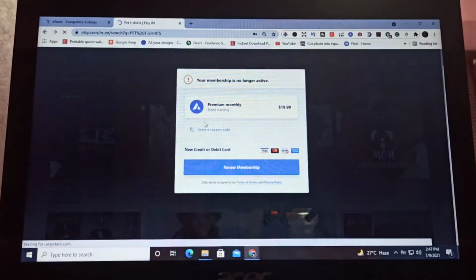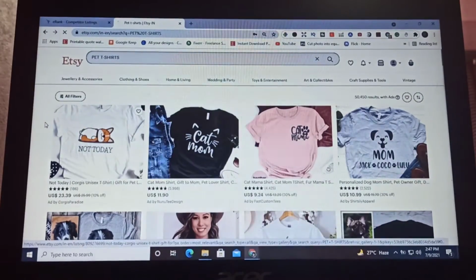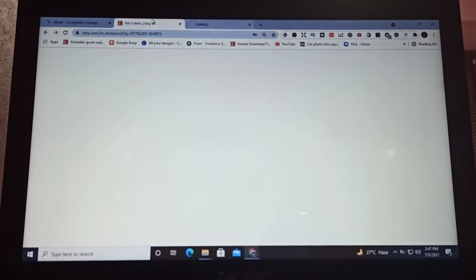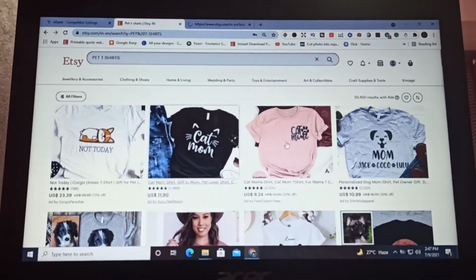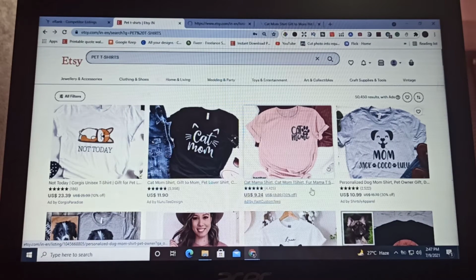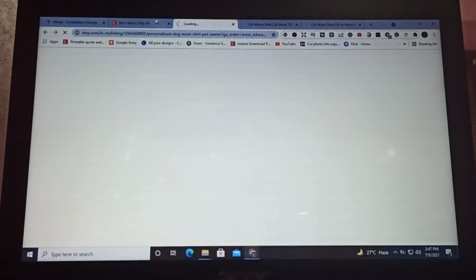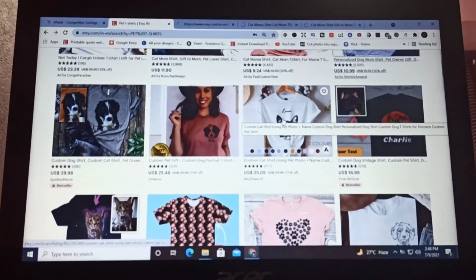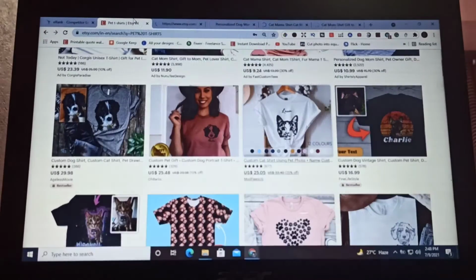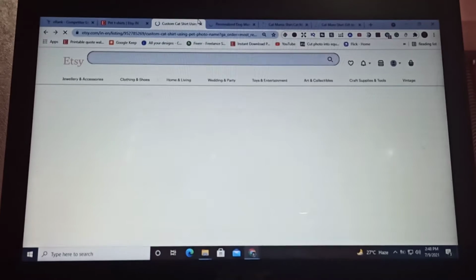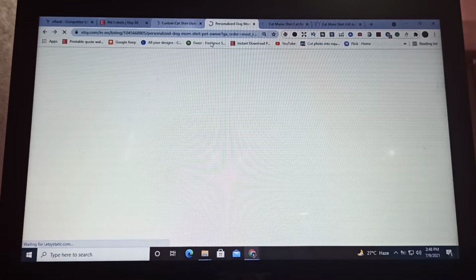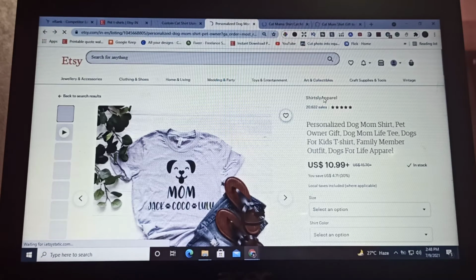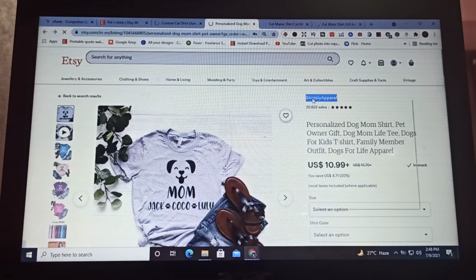So basically what you need to do, you need to just open some of the best selling things, like they have all thousands of reviews. So let's say that they're selling pretty well. Let's see. Okay, let's just, for the example, I will take 4. Then what you need to do, you need to copy their shop name here.